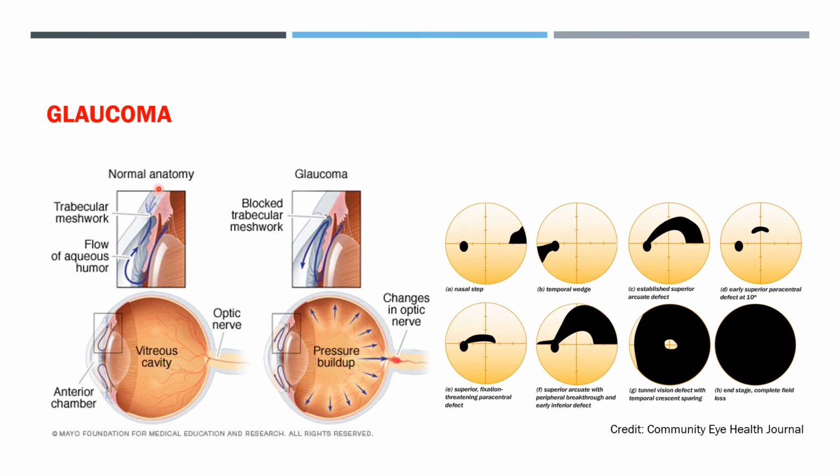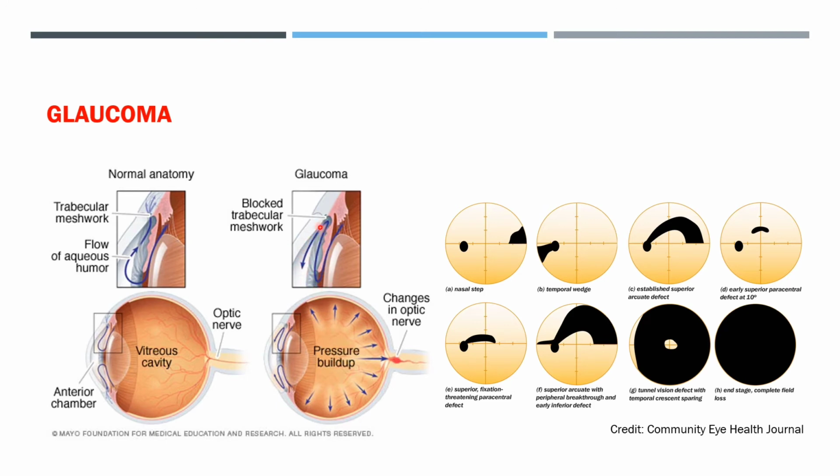So this is the normal pathway of aqueous humor from the ciliary body, posterior chamber, through the pupil into the anterior chamber, and drained through the trabecular meshwork into the canal of Schlemm. Now what happens in glaucoma is that this trabecular meshwork gets blocked. Because it gets blocked, the aqueous humor is continuously produced, but there is no drainage. There is a blockage to the drainage. So the aqueous humor continuously gets accumulated in the anterior cavity.